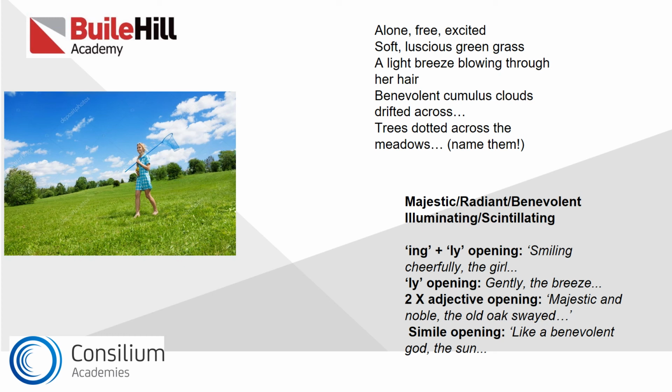So we've got an image of a girl walking through with what looks like either a fishing net, or in this case with the meadows, I would imagine a butterfly net. So she's possibly chasing after butterflies. The sun is shining, the skies are blue, the clouds are billowing across, but they're light fluffy ones, and I'll come back to that in a moment just to give you a bit of vocabulary when it comes to clouds.